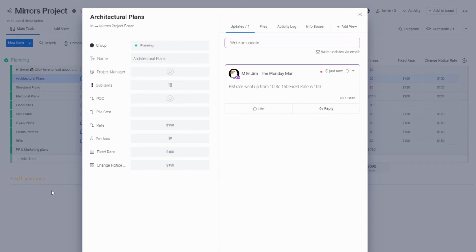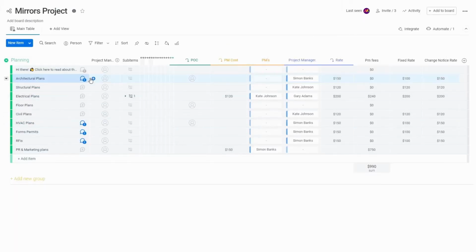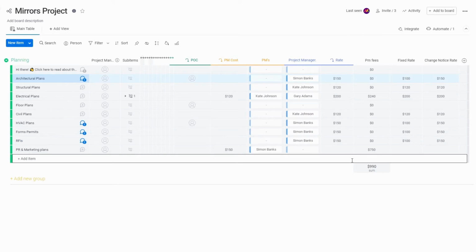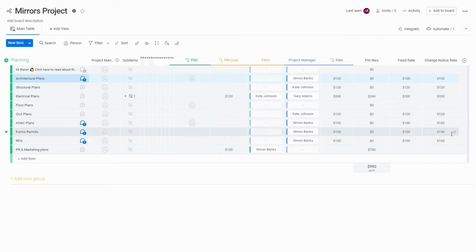Okay, so that looks good. We got them on all 4 items, and we also got the change notice rate. Okay, so that completes that. So before we go on to the second one, I want to take a specific look at the array processing